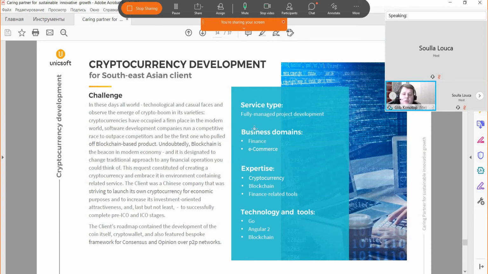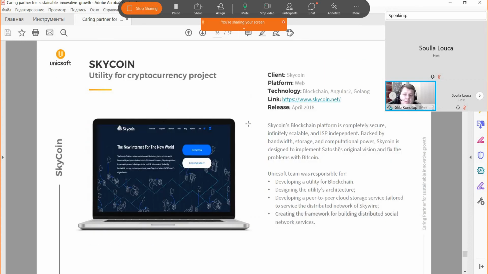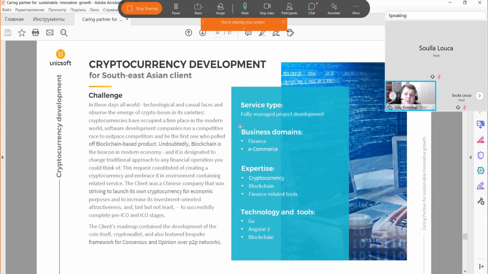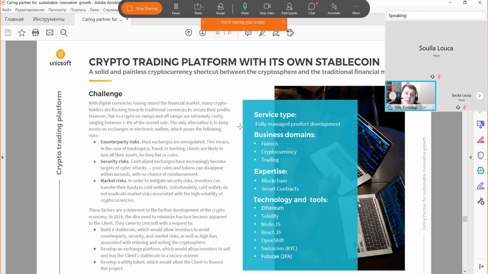There are also a few projects for cryptocurrency development from different partners around the globe. I won't stop here too much. I'll just mention that right now many businesses are interested in having their own crypto solution in place. There are many types of tokens that could be useful to tackle certain business needs. For example, security tokens can help businesses avoid an IPO and do an STO, which is a security token offering, and this way attract more money for the business